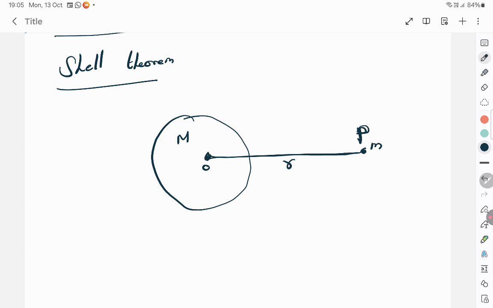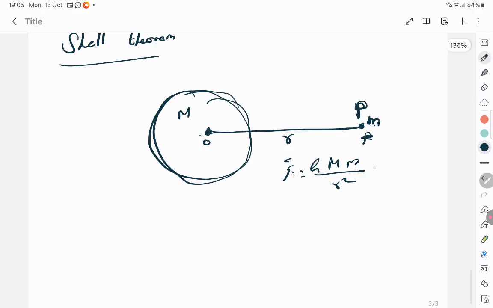Physics is like that throughout. Any point P will always be r from the center. So that's what it is. Now they want to find the force due to this sphere and this mass between this. You know, F is equal to G into capital M into small m by r square. That's all. And this is what you understood. Supposing I write it as a vector, you can write it as r cap. That's all.